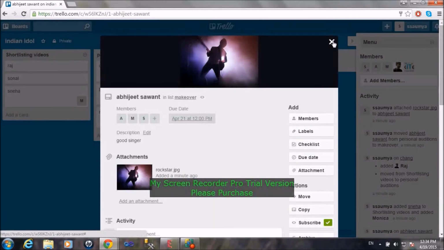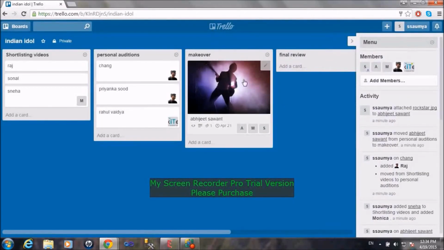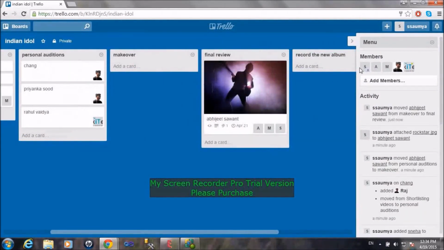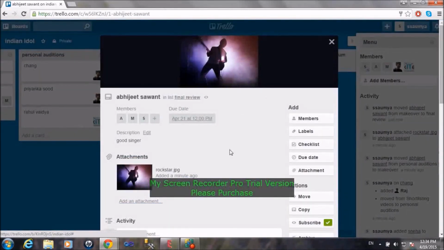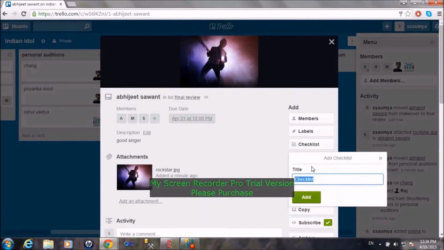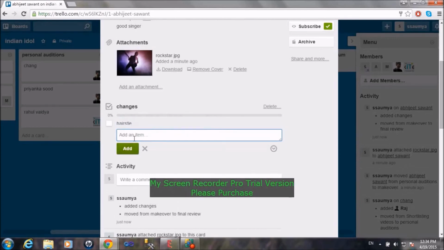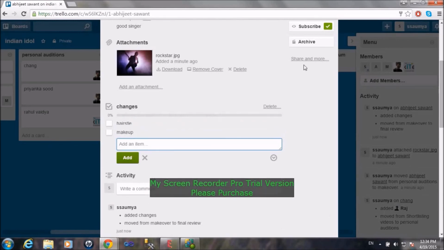So once the makeover is done, the person sends it for final review. So I am taking care of the final review. I check it, and I think some things are missing. So there's a checklist, and I change the checklist name. I tell them, you have to change the hairstyle, makeup, and I add these things and send it again